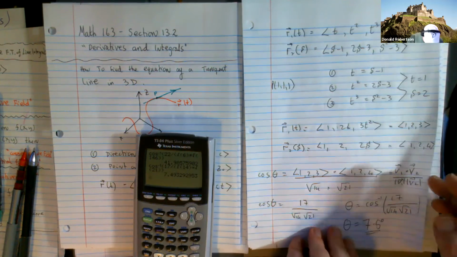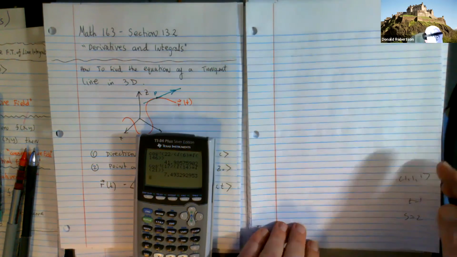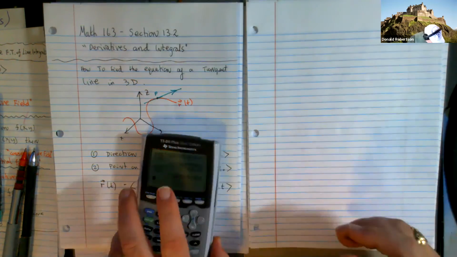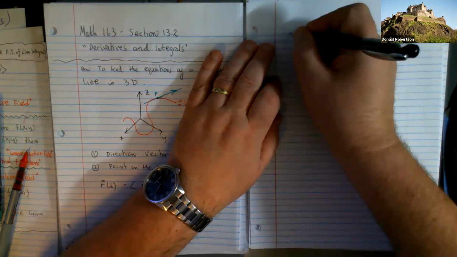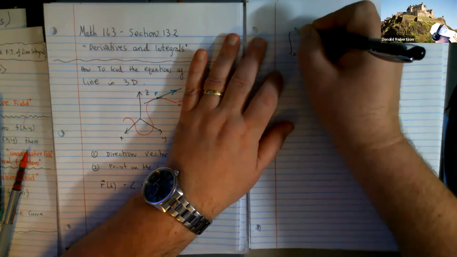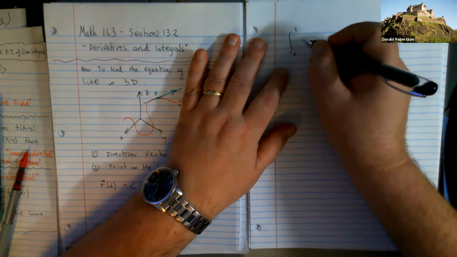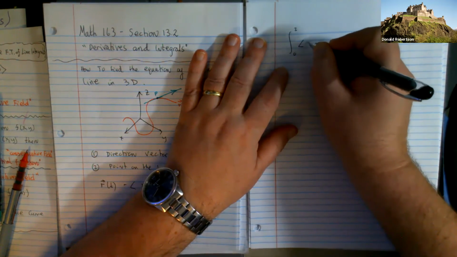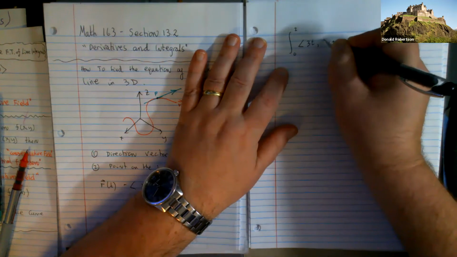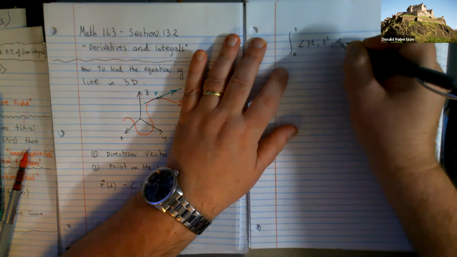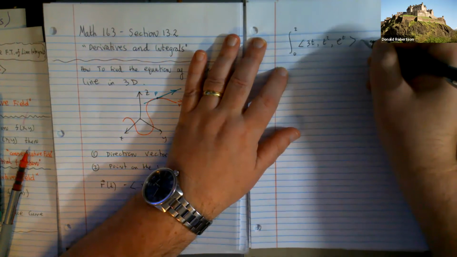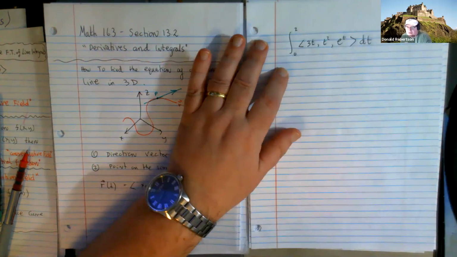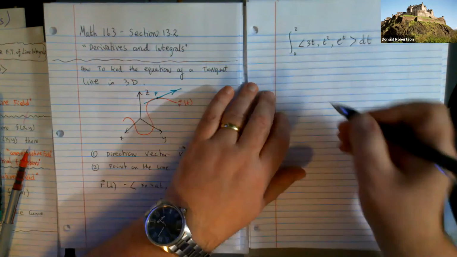So now we're moving on to integrals. And we've actually touched on them, so they're not too bad. If I asked you to find the integral from 0 to 2 of the space curve 3t, t squared, e to the t, dt, you could write it like that. You could also write it